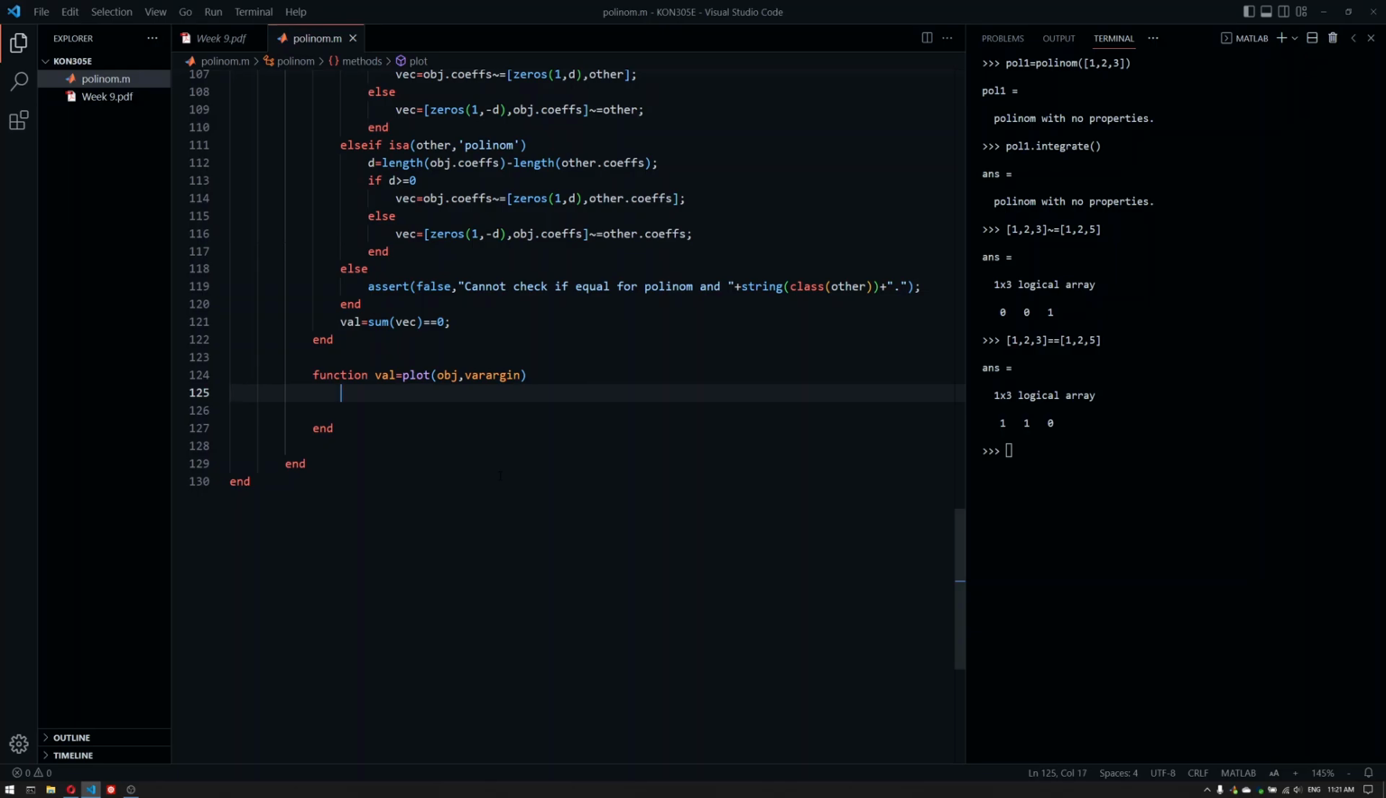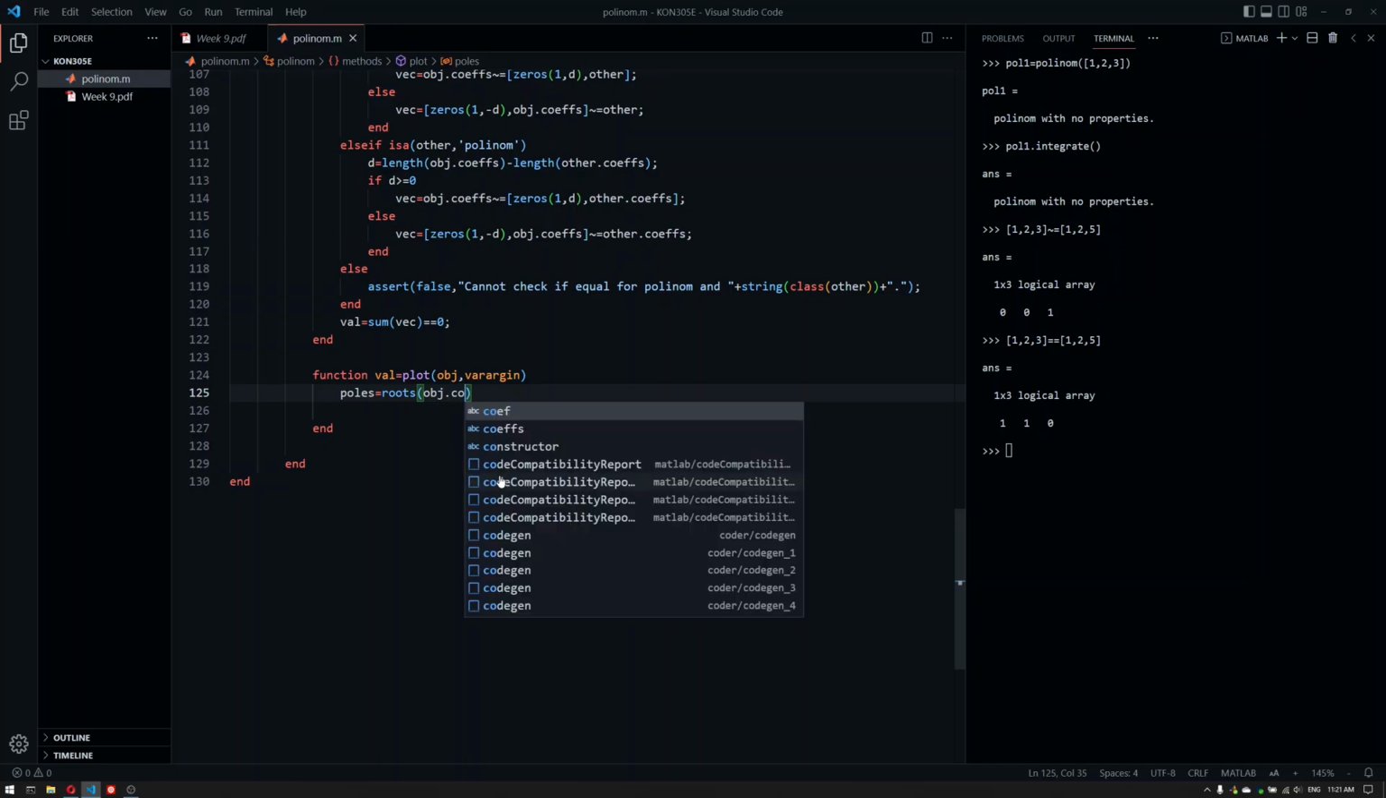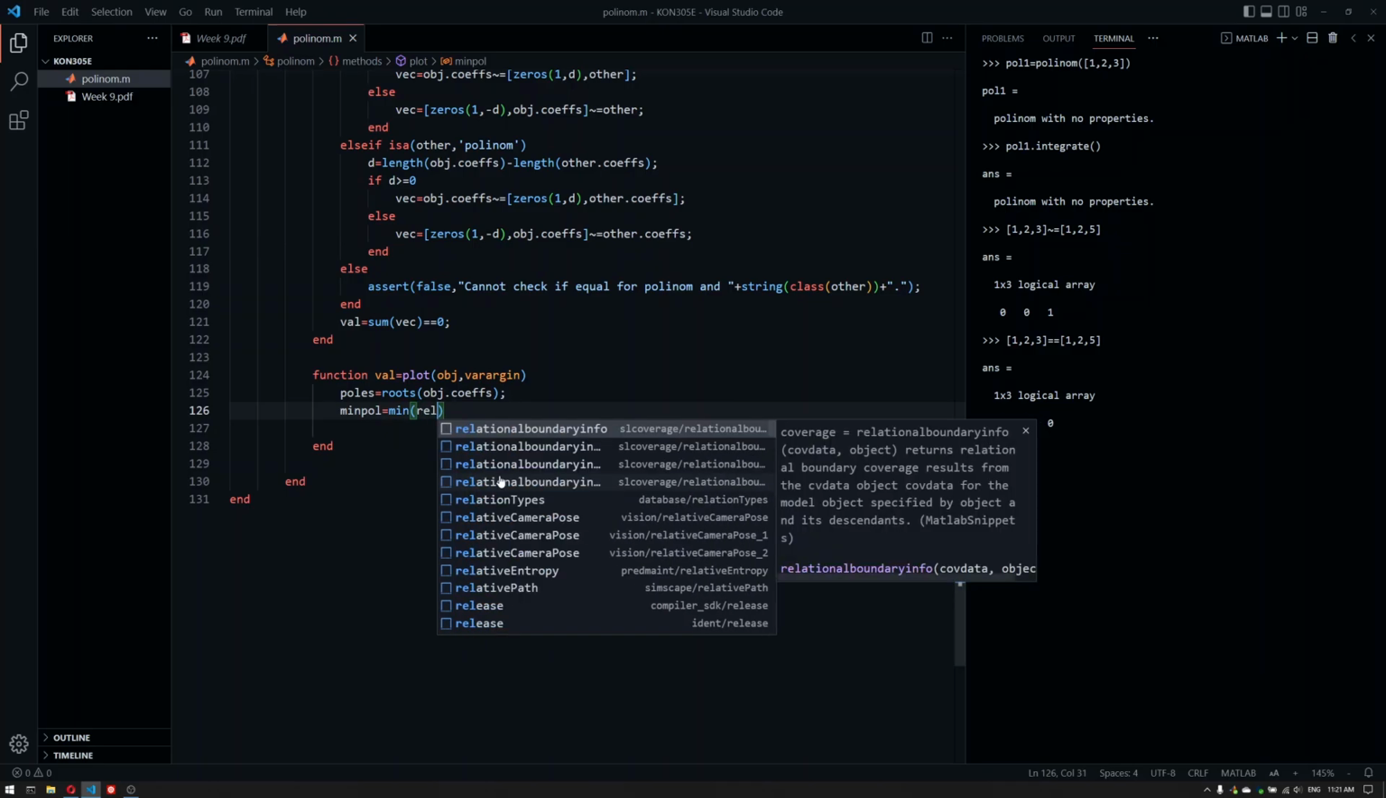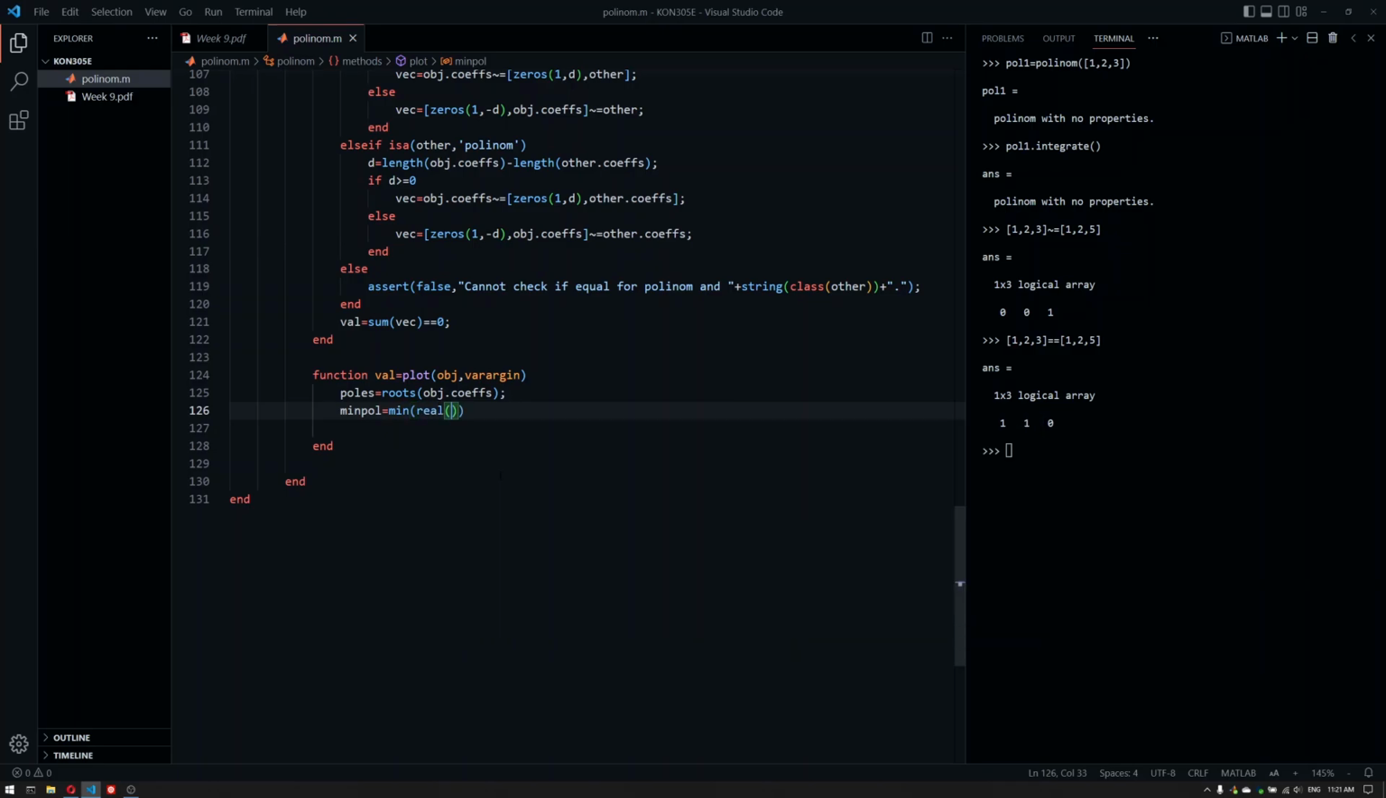For that, I need the poles here, roots of object.coefs. So first of all, I get the poles. Now I need the minimum pole and the maximum pole. So the minimum of the real value of poles, also the maximum value here of that, and